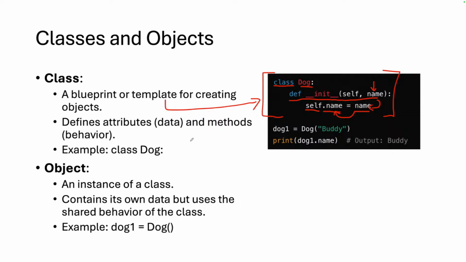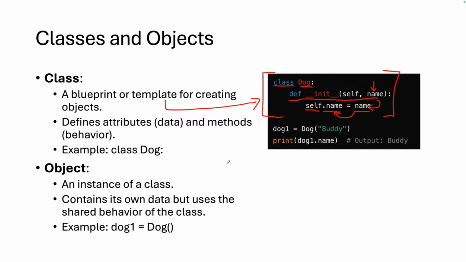Class. So this is our template, our blueprint for creating our class. And when we want to use that blueprint, so we created and defined this blueprint. We said, this is a dog, and dogs must have a name. And when you give me a name, then I'm going to assign that to my dog object, and it's going to hold that name.